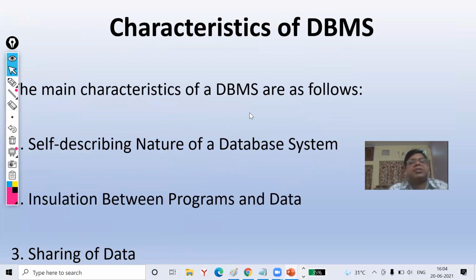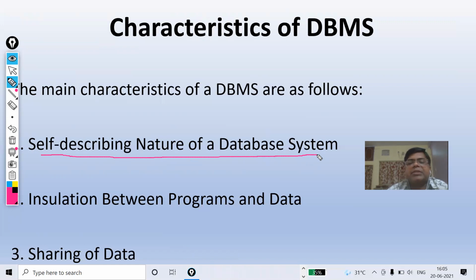Now, the next part is the characteristics of DBMS. The main characteristics of a DBMS are: first, self-describing nature of a database system. Students, DBMS contains not only the database, but also the description of the data that it stores.